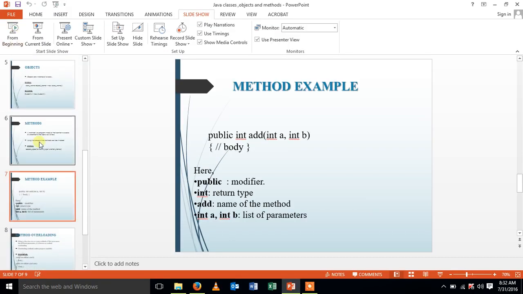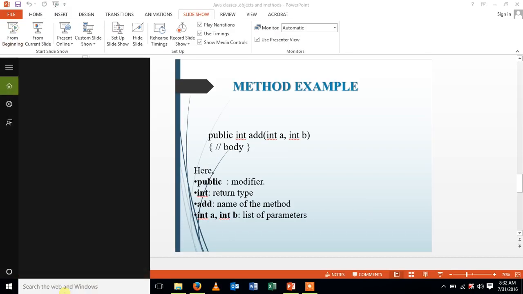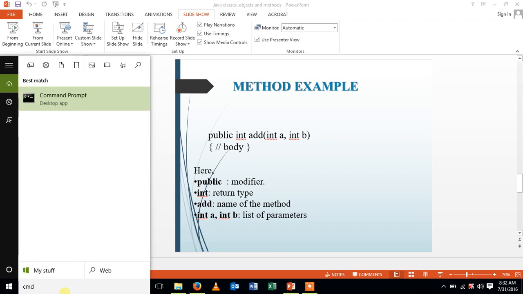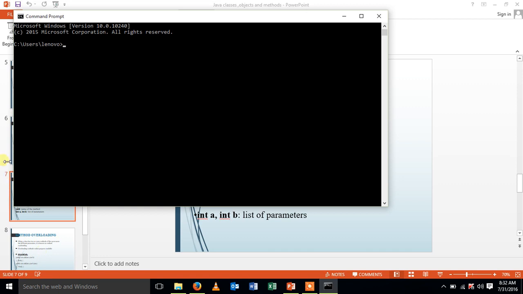Let's see a simple program describing the concepts of classes, objects and methods. Let me create a file in notepad. All Java programs should be saved with the extension .java.